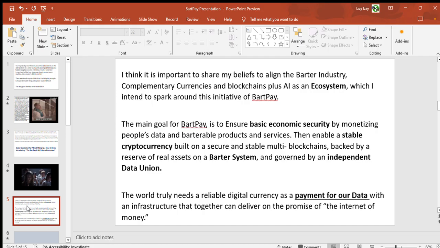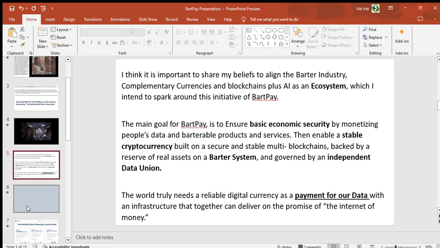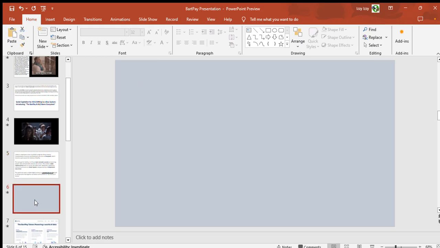Then enable a stable cryptocurrency built on a secure and stable multi-blockchain, backed by a reserve of real assets on a barter system and governed by an independent data union. The world truly needs a reliable digital currency as a payment for data, with an infrastructure that together can deliver on the promise of an Internet of Money. Now, a video explaining